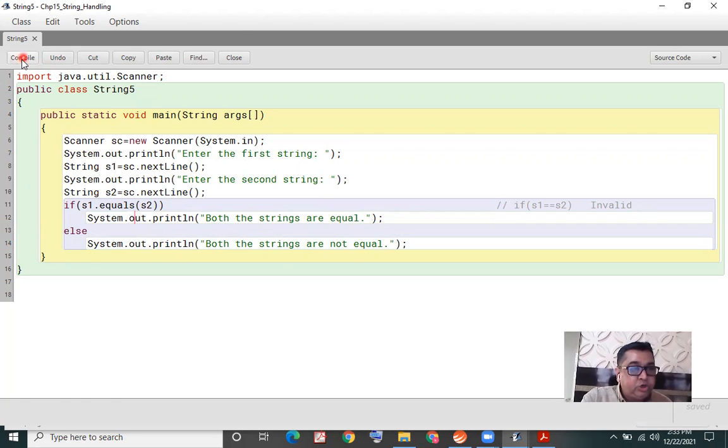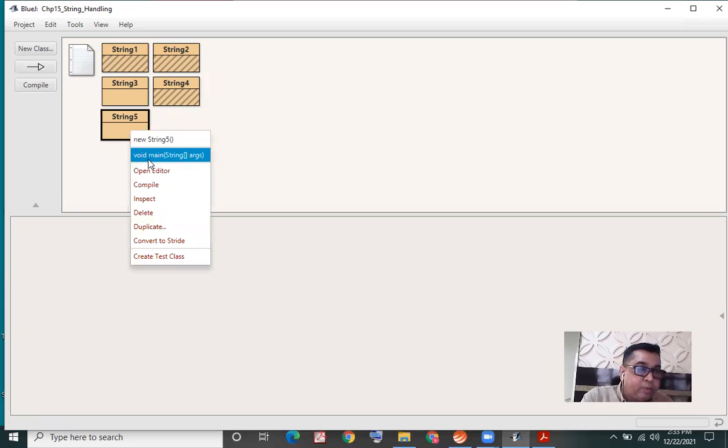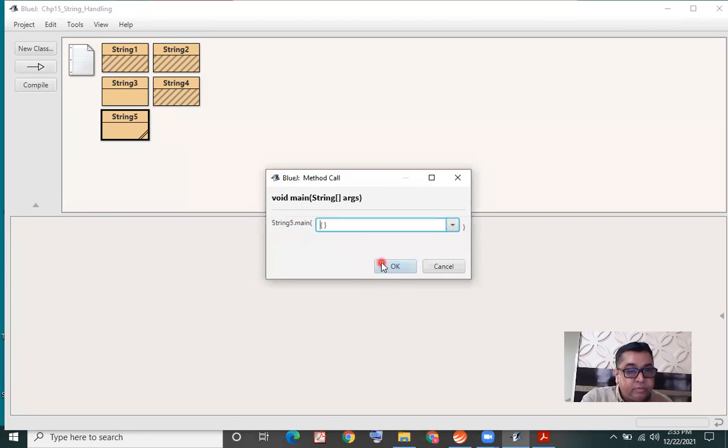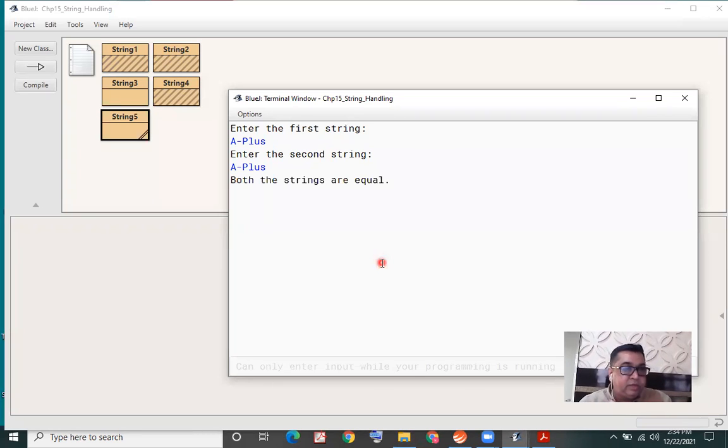So I made the change, and now I execute my program again. Enter the first string. I am typing A plus with A and P in capital, remaining letters small. Second string also A plus, and see I'm getting the output, both the strings are equal.